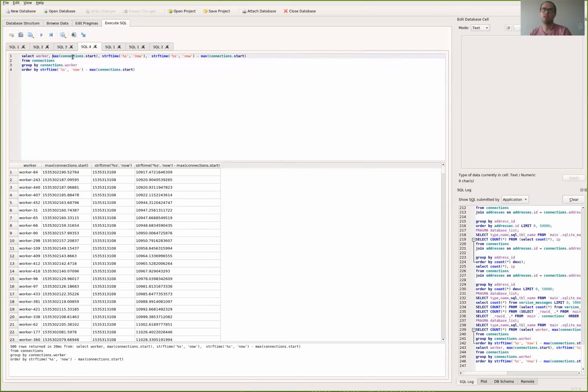maximum time that they have a connection that's been started, right? And then let's take the difference between now. This is how you do now in SQL in this format, minus that time. So basically, this is the difference from now and the last time they started a task. And so this column is how long have they been doing nothing? Since I stopped this in the morning, about 10,000 seconds have gone by,